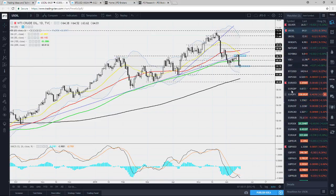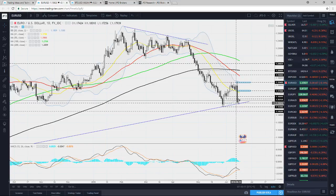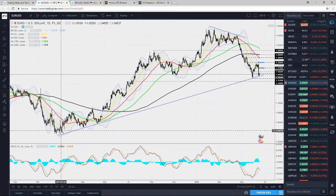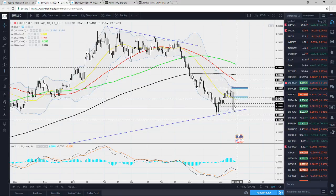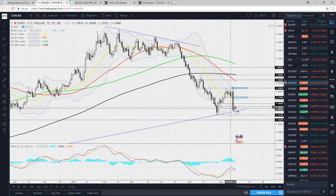Now let's touch on a few pairs quickly, and the euro dollar is, well, on Friday we had a bit of a reversal here, and certainly we can see that this upwards moving trend line continues to hold. This upwards moving trend line has been running since around January last year. Certainly the question here is, of course, are we going to continue testing this one and eventually we'll break it, or is this trend line going to act as a good level of support, and from here we're going to just reverse back to the upside and we'll start aiming higher? So for now we're probably more neutral on this one. For us to become more bullish on this one, we would need to see a break not only above this